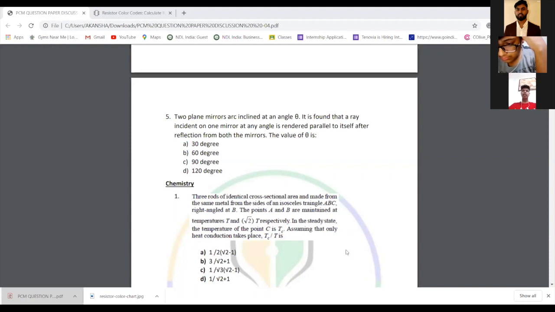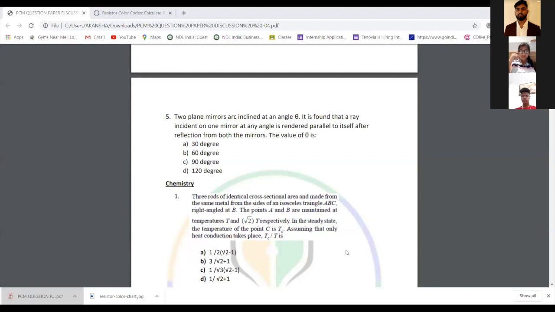No? First mirror it reflects 90 degree. We incident the beam at 45 degree for the first mirror. So it should be incident at 60 degrees. And I got the deviation will be 60 degrees. Yeah, deviation will be 60 degrees. Very good. So the question says that the two plane mirrors are inclined at an angle theta. So you have to keep two plane mirrors such that the reflection from one mirror and the second mirror, and the finally reflected ray, the first ray and the last ray should be parallel.